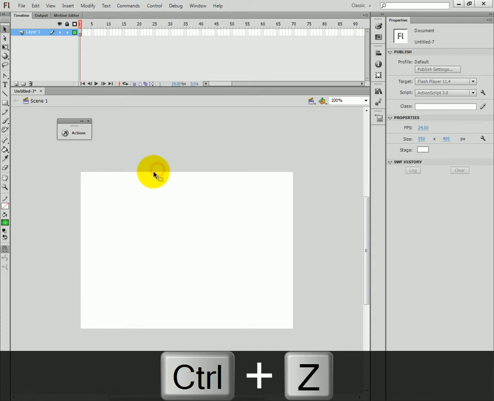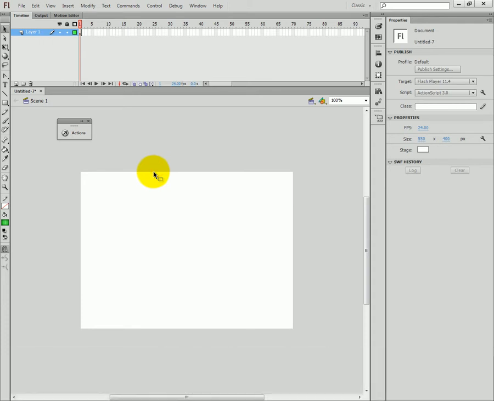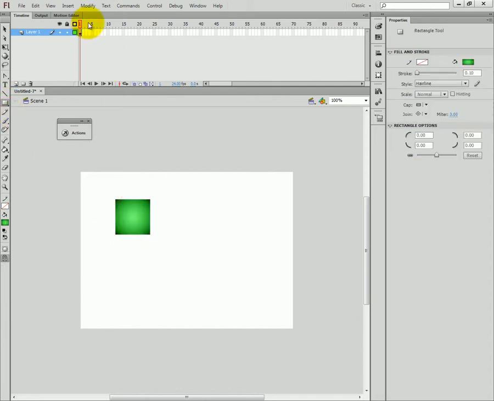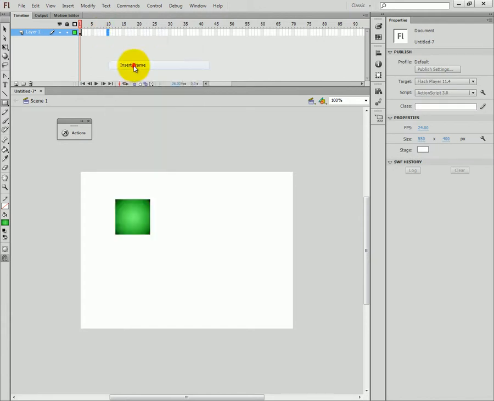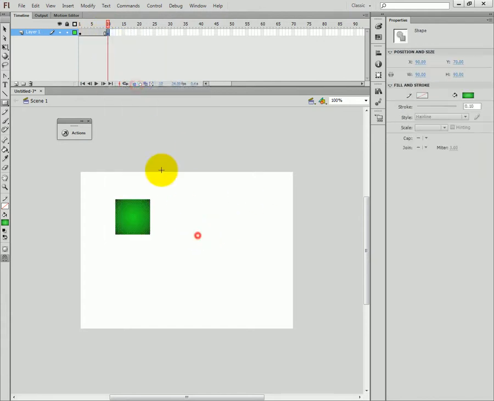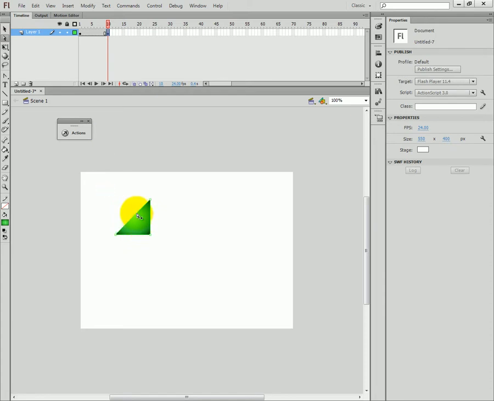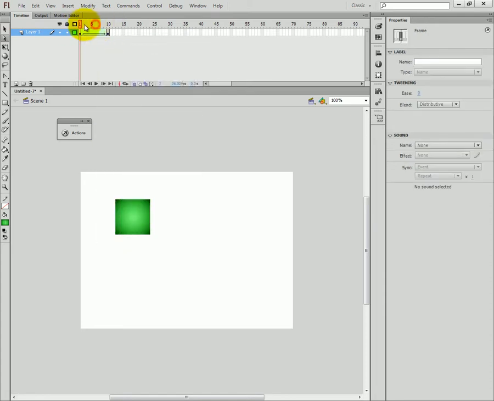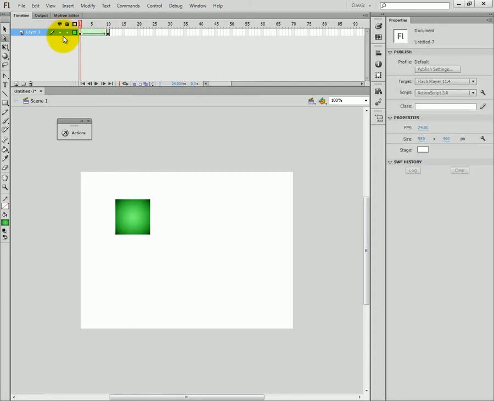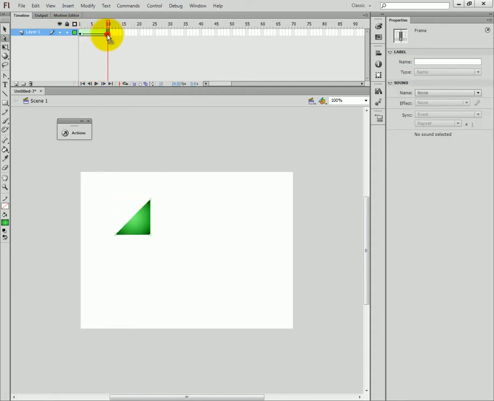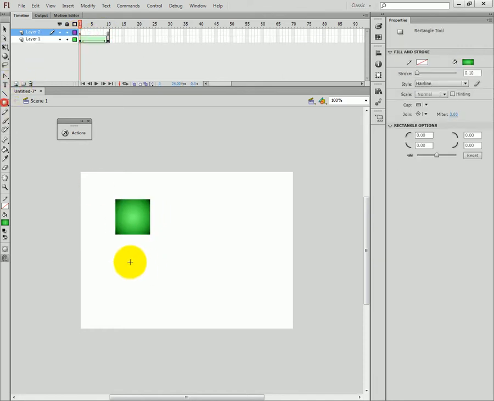So basically how a classic tween works is very similar to a motion tween, with the exception of the fact that it works sort of like a shape tween. I'll show you what I mean. So if we did a shape tween, right? If I drew from here to, insert keyframe from here, and I said, no, I want a triangle, create a shape tween. Well, now it's changing from a square to a triangle. Cool, right? And we needed 2 keyframes to do that